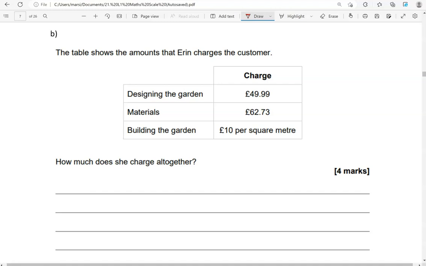The garden was 11 by 9 meters, so 11 times 9 gives us 99 square meters. And she charges £10 per square meter, so we're going to do 99 times 10. So that means we add in a 0 at the end of 99. So that gives us £990. Then we have the